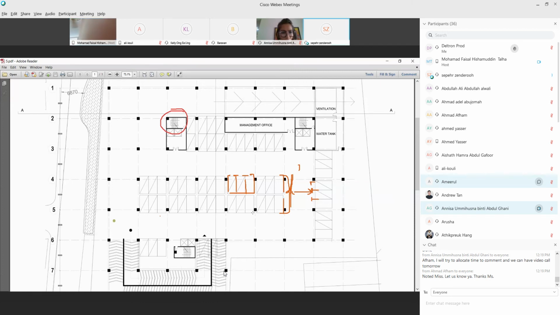So you go only 9 feet up. 9 feet is 2.7 only. This basement is how many? 4.5 meters. Why does your staircase go up to 2.7 only?